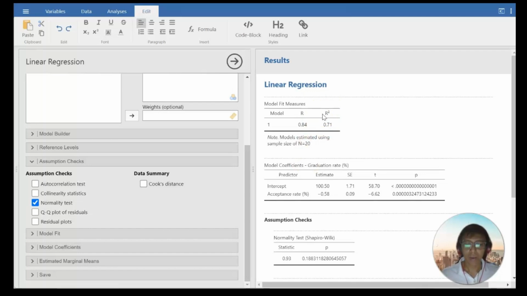An R squared value closer to 1 suggests a good fit. So the residual sections will show the differences between the observed values and the predicted values, which you can check for patterns.